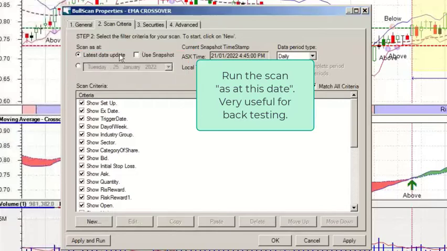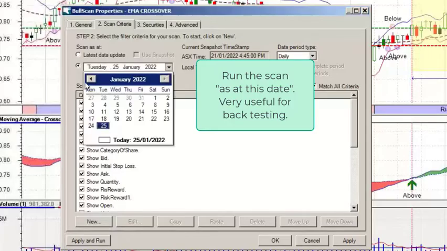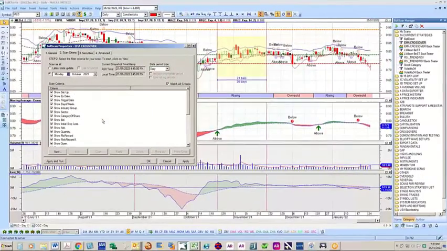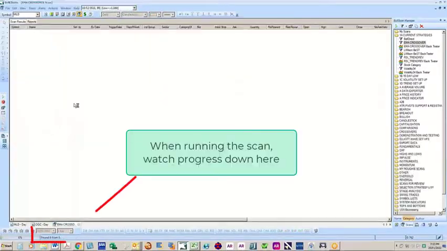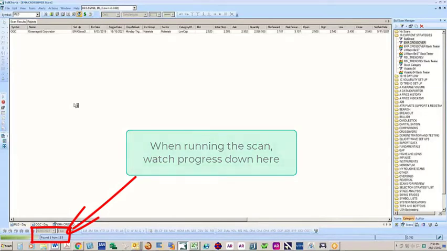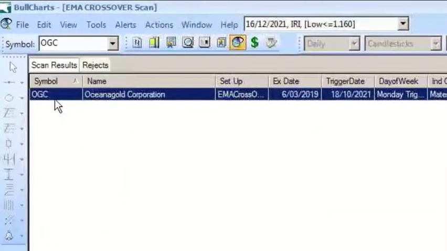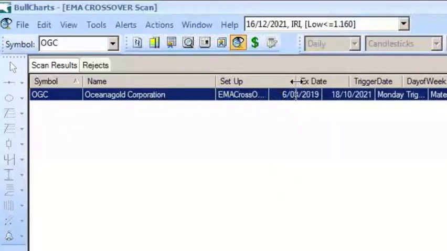So if you look at that, that would be your latest date, which would show you the 25th of January. I'm actually going to run this and retrofit it to the 18th, and I know that from what I just showed you, and we'll actually apply it and run it. And you can see that on that day, we only had the one return, which was OGC. The setup, and I'm going to go in and show you the script on this shortly.